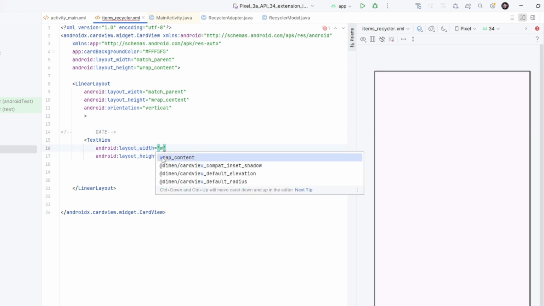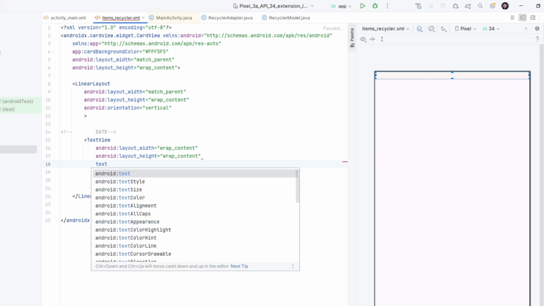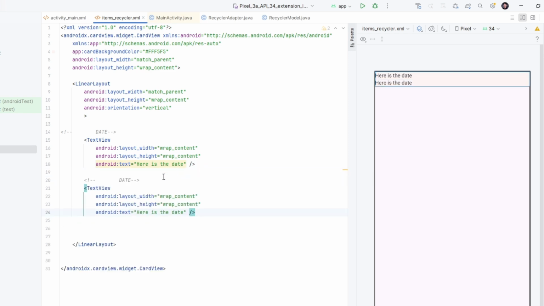Then wrap content for the height, and we add the text. We can add the variable or the placeholder. Here is the date. Then we can close the text view. Then you can copy it and make this a title.